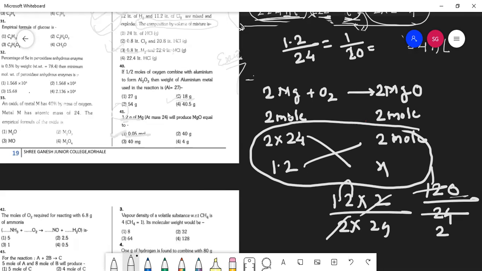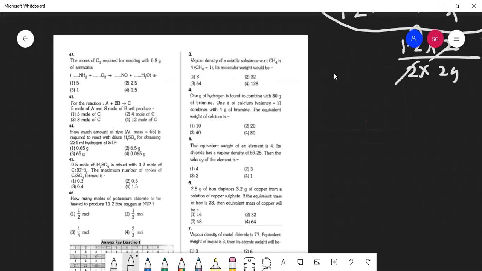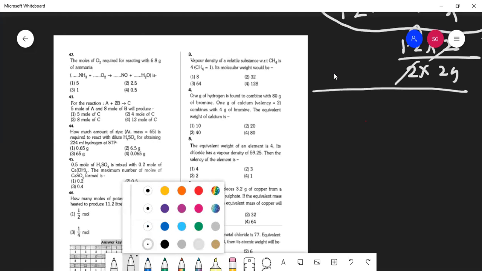0.05. Okay. Now, friends, randomly any one question you solve from 42 to 46, which one will you solve? Randomly you tell me anyone. To solve all the questions, this much time is not there. Okay, 44. Okay. So what is the question?